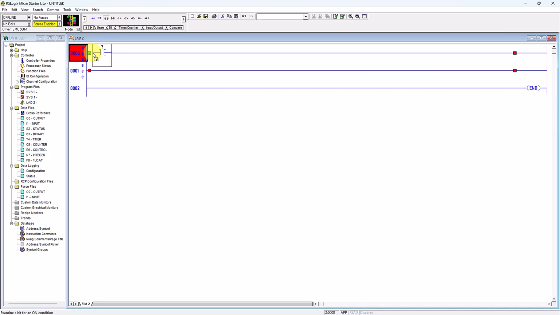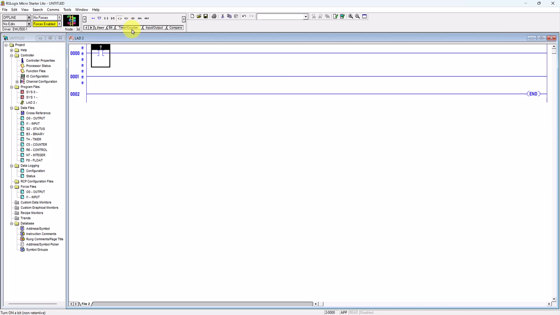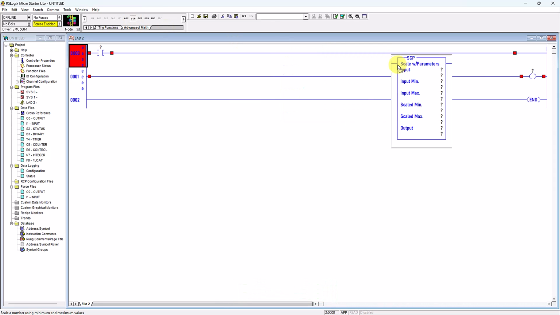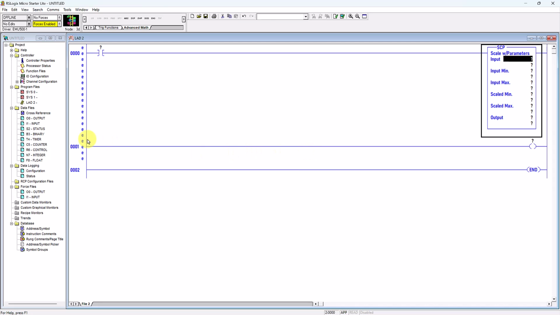Maybe this one, and maybe insert the output. Then I will click this right arrow until I see advanced math. So click this advanced math and select this SCP or scale with parameters, then drag to here. Okay,